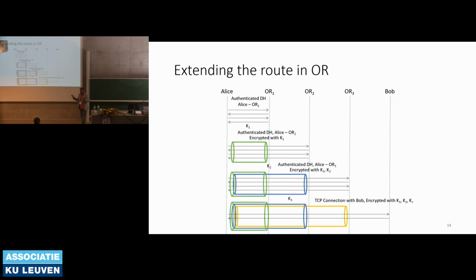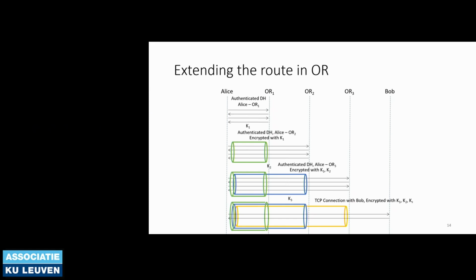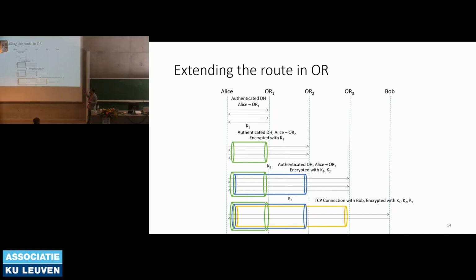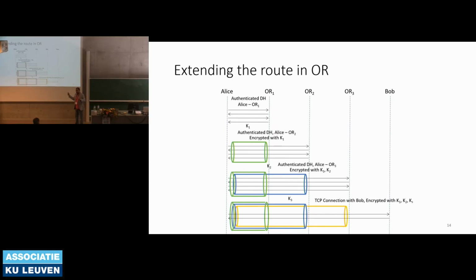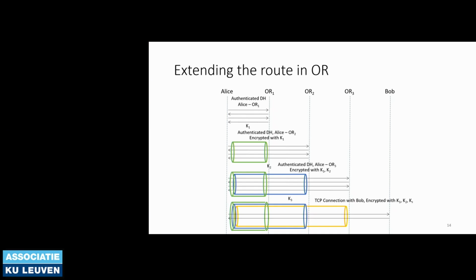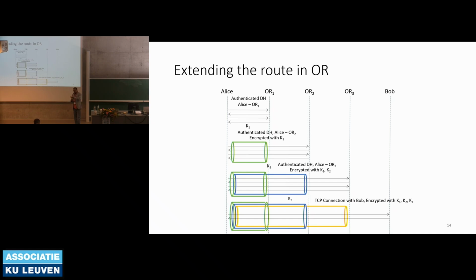And as long as each of these servers maintain these session IDs, you can have the persistent channel. And that means through this channel, Alice can forward any message to Bob. And since this is Diffie-Hellman key agreement, it's a bidirectional channel. That means Alice can use the channel to send messages to Bob, and Bob can actually respond to onion router 3. And as onion router 3 knows that the response corresponds to the message that onion router 3 sent to Bob, they can also send back. So it's a bidirectional channel. Questions here?